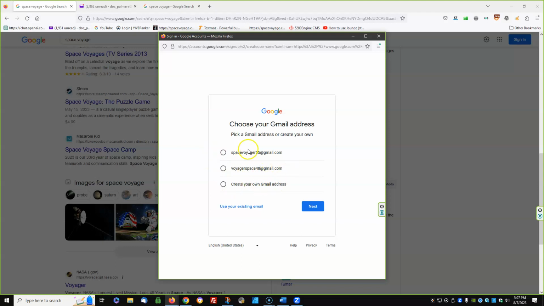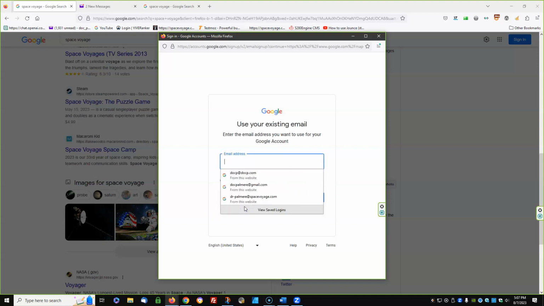Well, I don't want to do any of that. I could, but if I decide to use this, then I have to remember this and the complex password that I'm going to create, which is fine, but I'm not. I'm going to click here, use an existing account, and I'm going to use Voyager 03 at